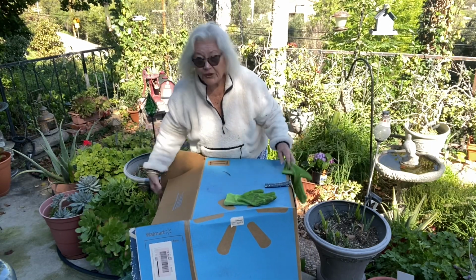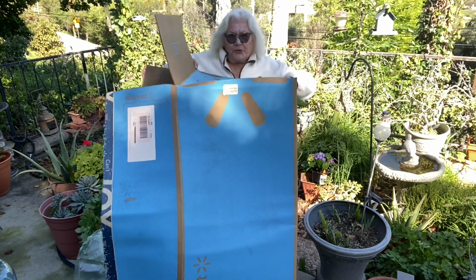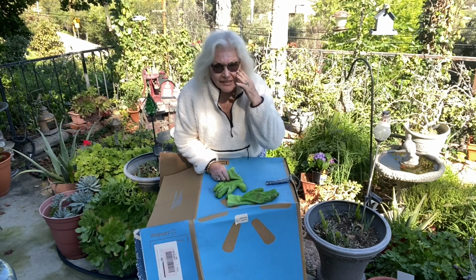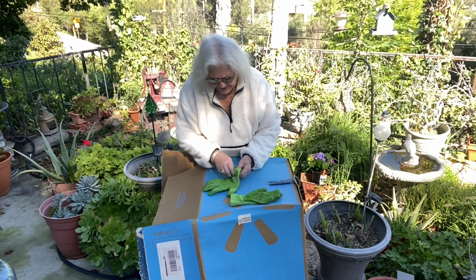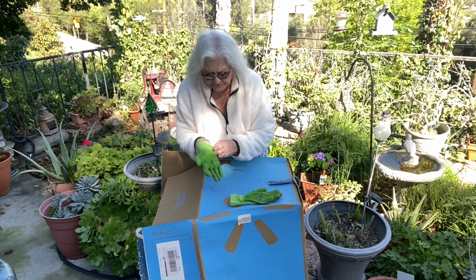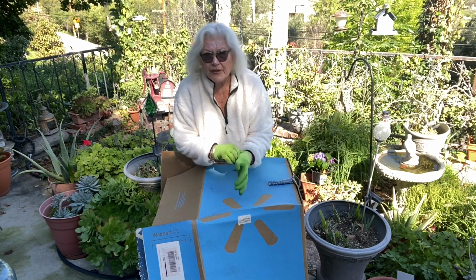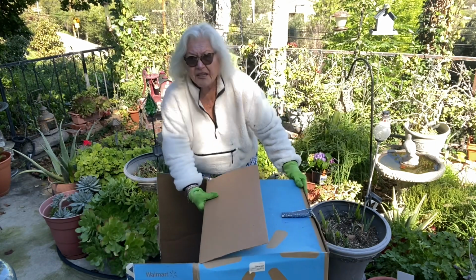See this ginormous box? Huge box, okay? It arrived a couple of weeks ago from Walmart. As a matter of fact, 2 boxes like this. And Micah carried them up and said, what did you order in these things? I said, I can't think of anything that we ordered. But it was from Walmart, who I do order things from time to time, but mostly clothes, a few other things. So I opened it up, and inside...